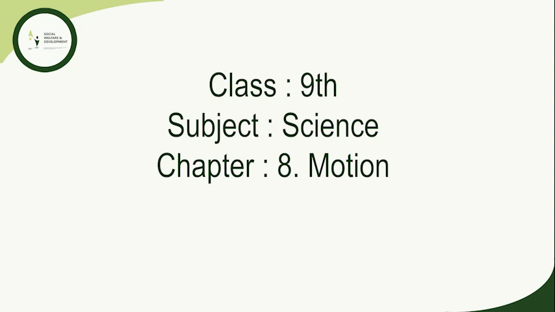So the last question will be, an artificial satellite is moving in a circular orbit of radius 42250 km. Calculate its speed if it takes 24 hours to revolve around the earth. So here we have radius r is equal to 42,250 kilometers. Time is equal to 24 hours. We have to find speed.